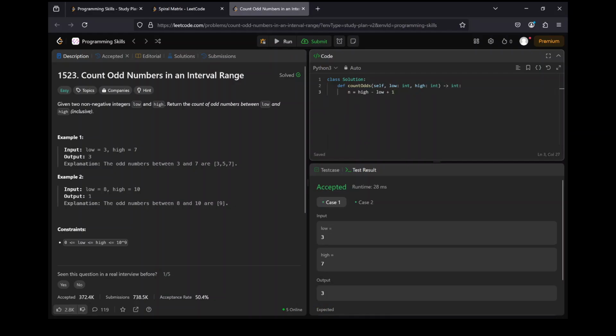So if n is even, meaning that n mod 2 is 0, then we are going to return n divided by 2. This is not going to work because in Python, division returns floats. And we need to return an integer. So we're going to do this floor division, which takes the integer,